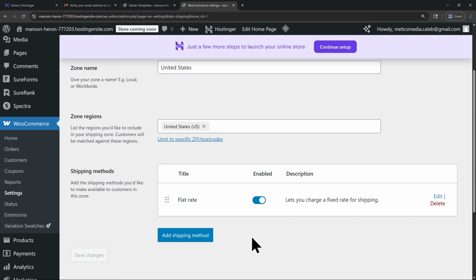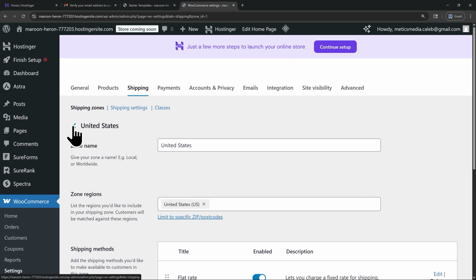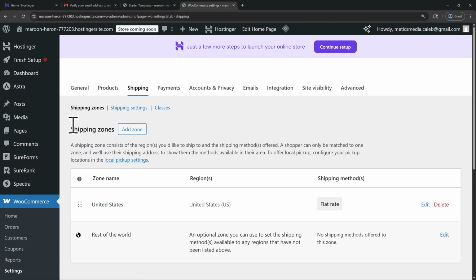Now let's handle shipping to the rest of the world. To do that, let's scroll up and click on the back button here. And here under Rest of the World, we're able to cover the shipping zones for everywhere else. And for the rest of the world zone here, this zone applies to any country that's not covered by your